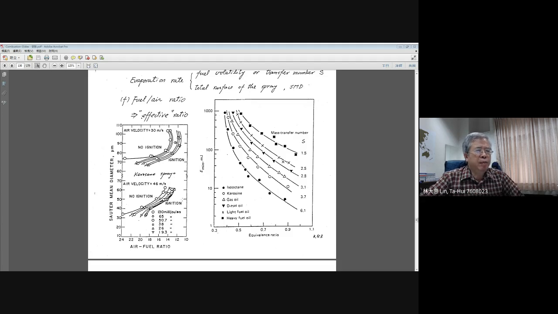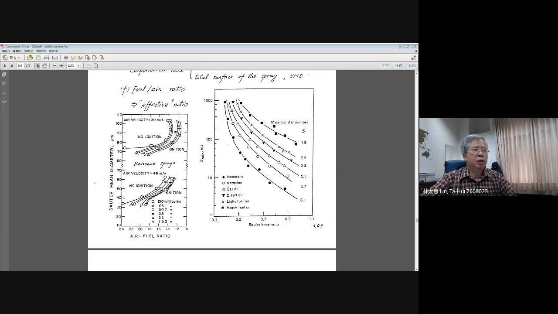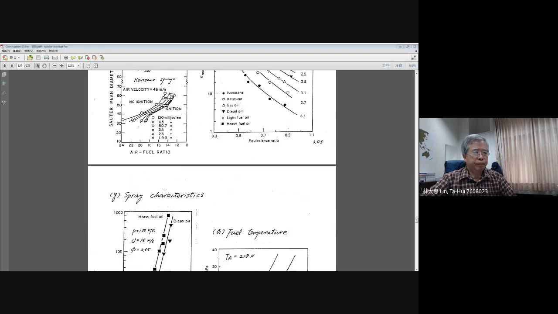For the variation of minimum ignition energy at a given Sauter diameter, when you follow a horizontal line here, you can go from the right-hand side to the left-hand side. That means you go from rich to lean. You will find that at the very lean side, you need a large ignition energy. I think you can try to look at the variation of the parameters shown in this plot to understand those effects described earlier.